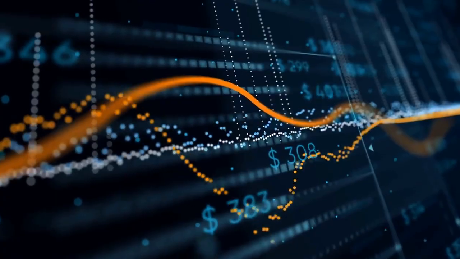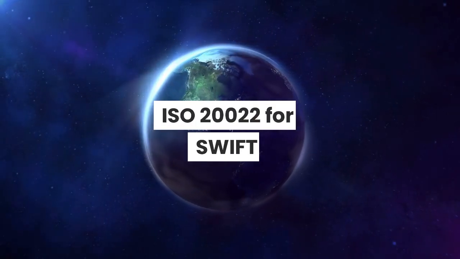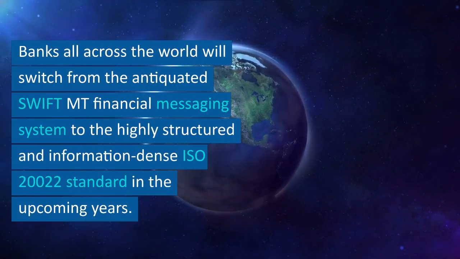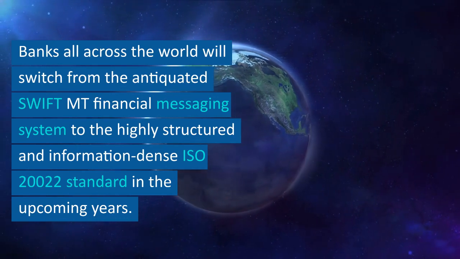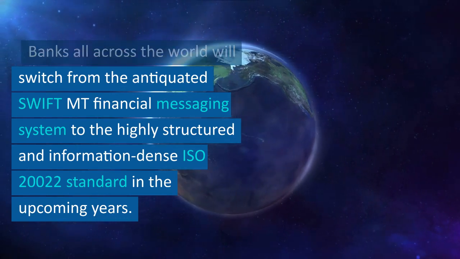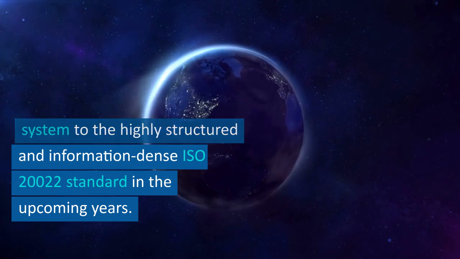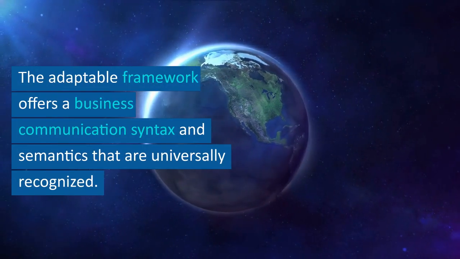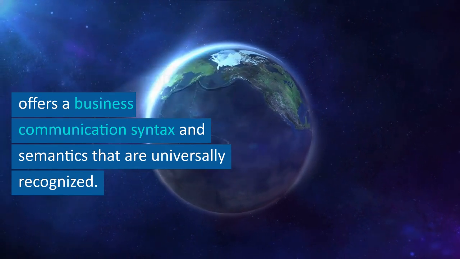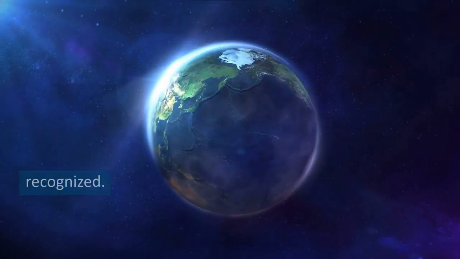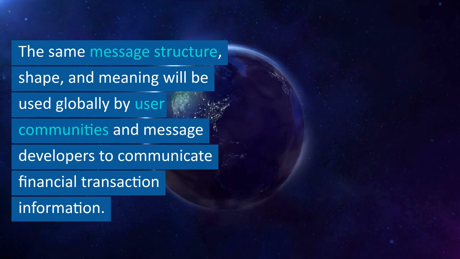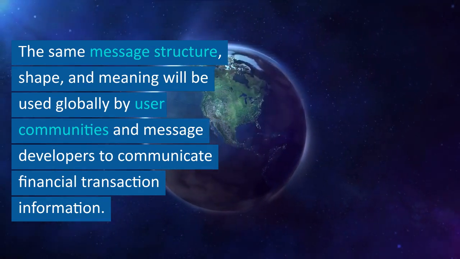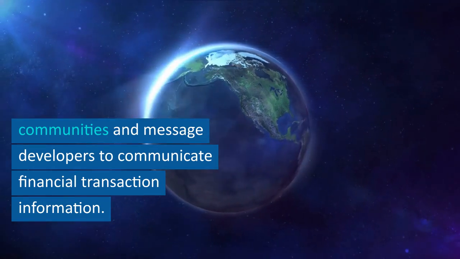ASN.1 design standards. ISO 20022 for SWIFT: banks all across the world will switch from the antiquated SWIFT MT financial messaging system to the highly structured and information-dense ISO 20022 standard in the upcoming years. The adaptable framework offers a business communication syntax and semantics that are universally recognized. The same message structure, shape, and meaning will be used globally by user communities and message developers to communicate financial